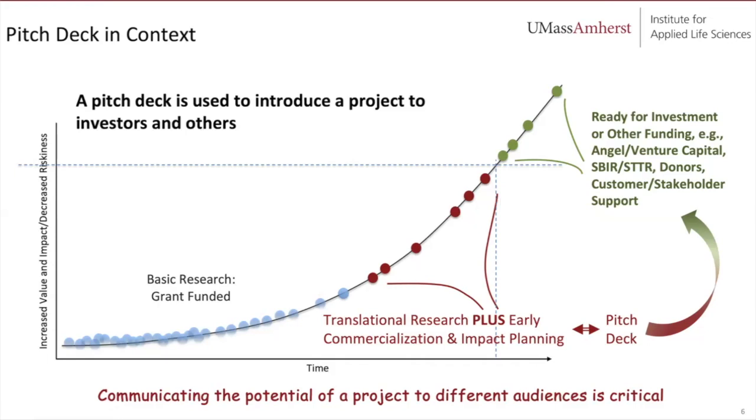Those of you who are going to submit an application are really saying you're ambitious to move beyond that, through that zone, to having something that's really ready for investment or other funding: angel and venture capital, SBIR funding, small business innovation research funding from the federal government, donors, if you happen to be a nonprofit social impact enterprise,